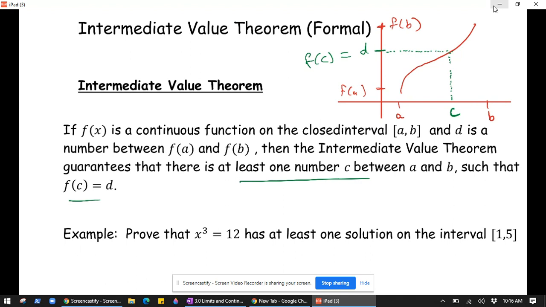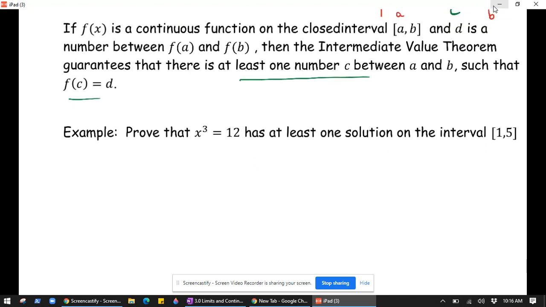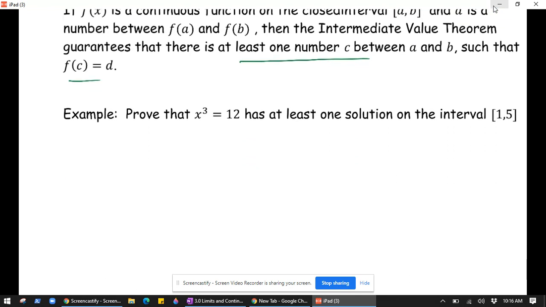So some applications of the intermediate value theorem: one is finding solutions to equations, or proving that such solutions exist. So for instance, this says prove that x cubed equals 12 has at least one solution on the interval 1 to 5. So typically the way this is done is, notice we have an equation here, not a function, and